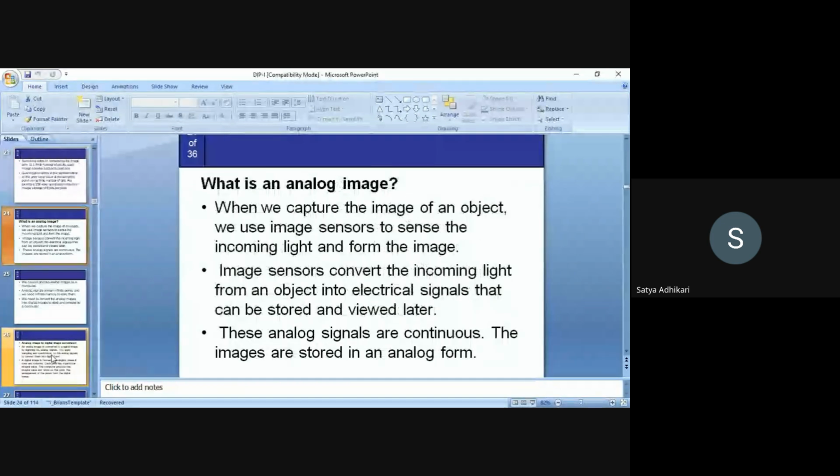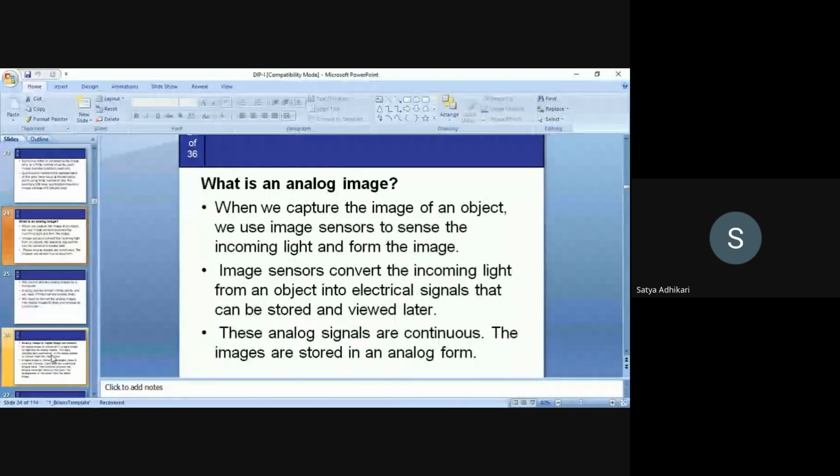So it is not required when we capture the image, as you already told, that is when you are capturing something by your camera. The camera may be a digital camera, or maybe a phone camera. So the image you are taking, that is analog. When you capture the image, it is in analog form, and when we convert it,